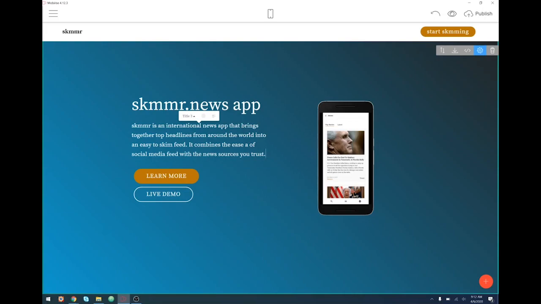So there's some other things. You can combine feeds together and create your own, like a Frankenstein feed that has different news sources, and you can just scroll through and get a bunch of news all at the same time, which is very social media like, but also you get to choose what the news is that you want to see. So there's a lot of options here. So we'll leave learn more, and then for a live demo,